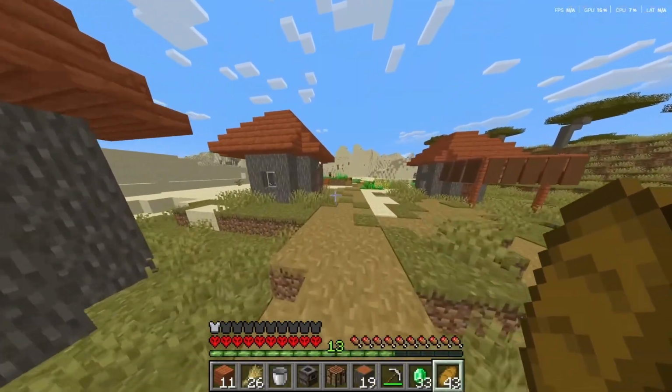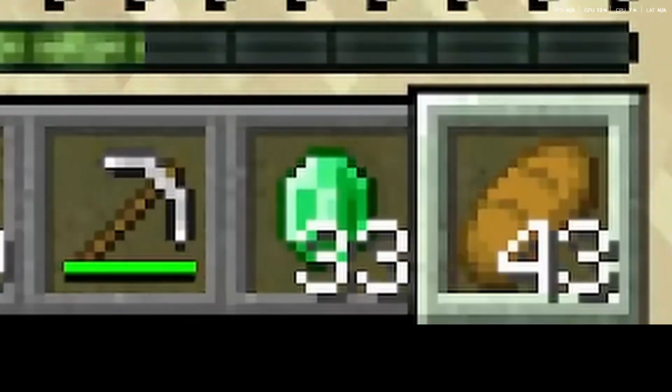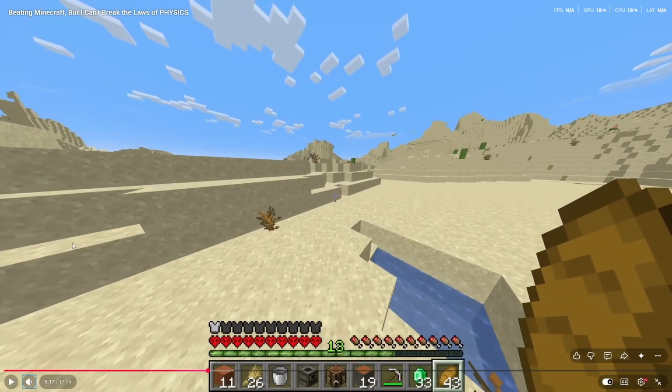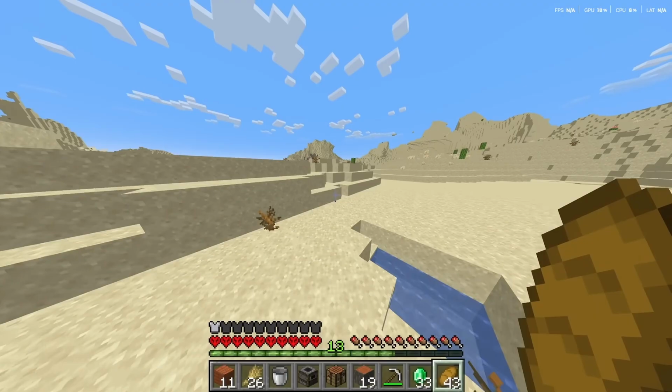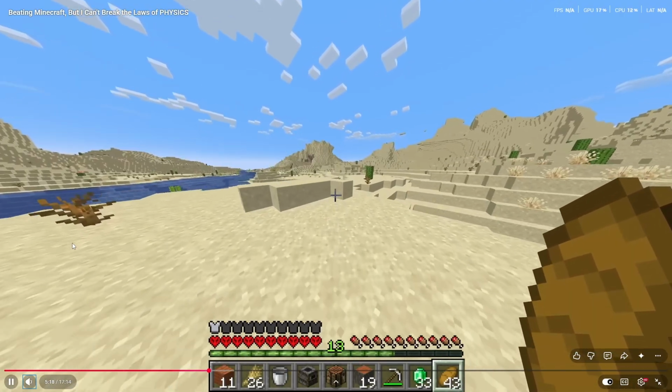Alright, that's that village looted. If you're wondering how I got 33 emeralds, I just traded all my wheat that I dug up to villagers. You see what he did there? He broke the pacing with just the sound effects and music, which, this guy's attention to detail is insane. I would dare say it's masterclass, not gonna lie.